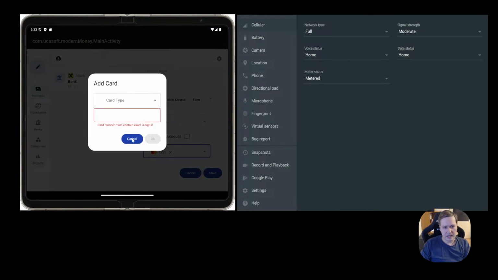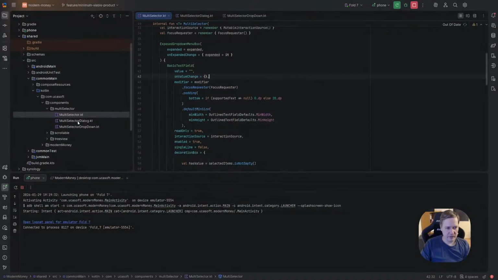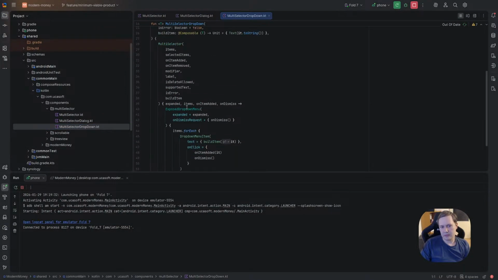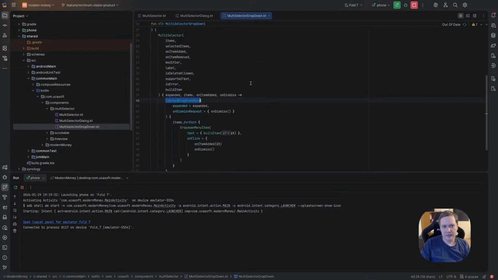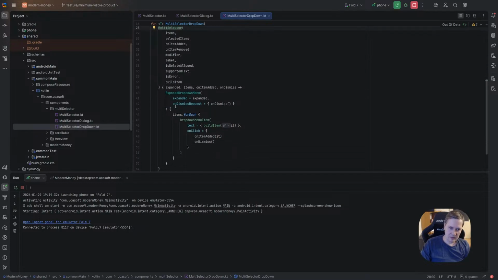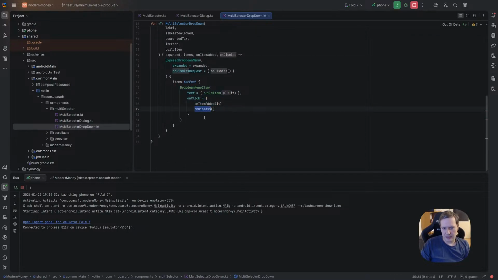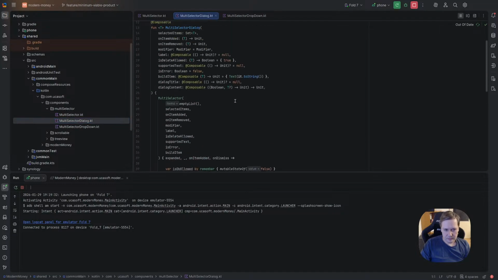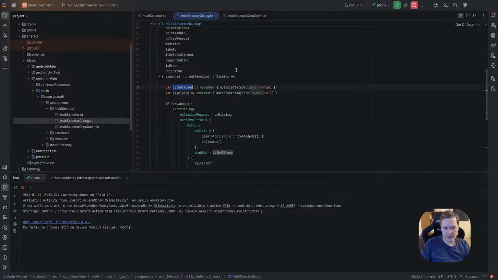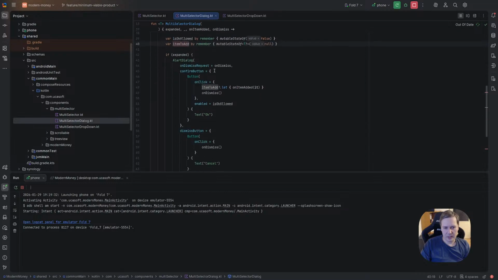And with add card, what's interesting here is the switch back, because drop down is the easiest one. We have this drop down menu, which we call multi selector. We have this drop down menu and just a drop down item, if it's add and dismiss. But in the dialog, it's more interesting. Here we have is okay allowed item to add, and if expanded we show this alert dialog. If dismissed we call dismiss.